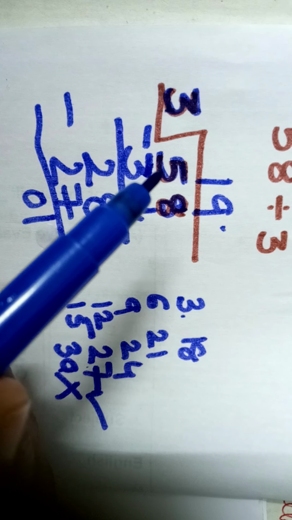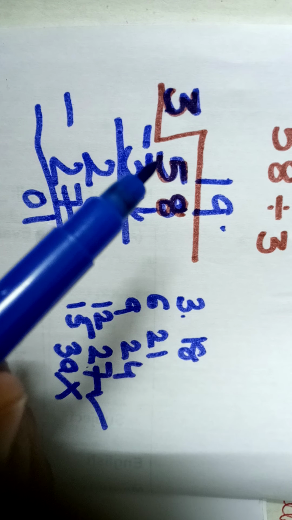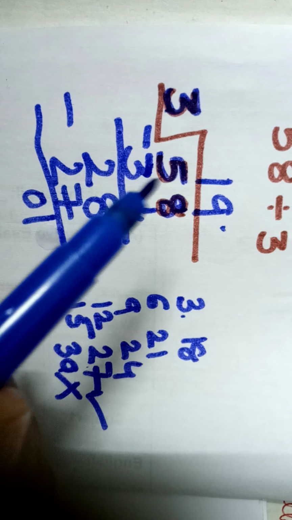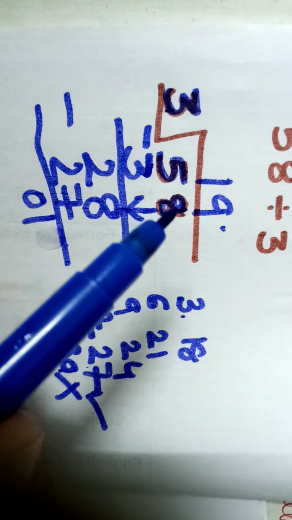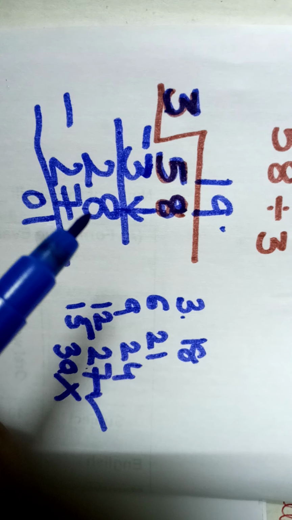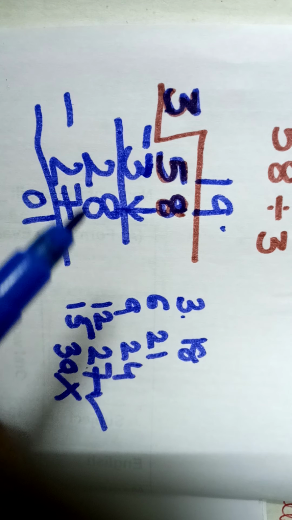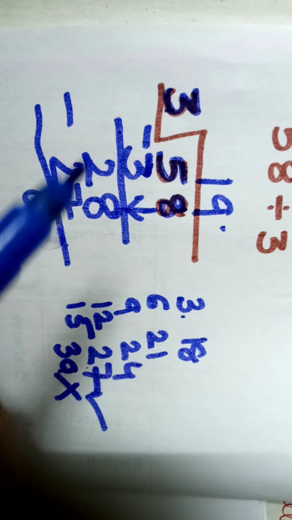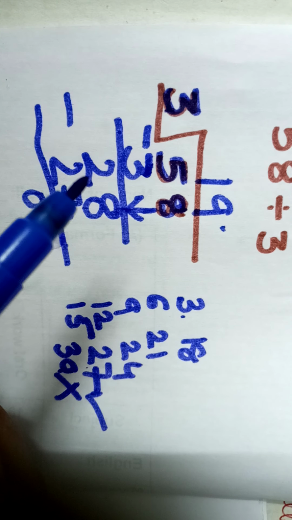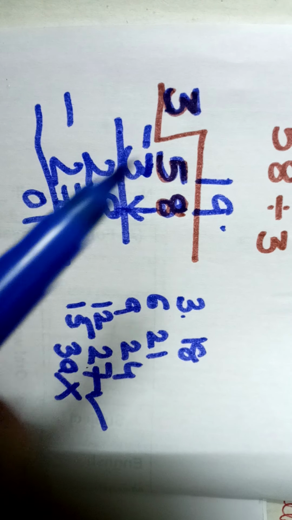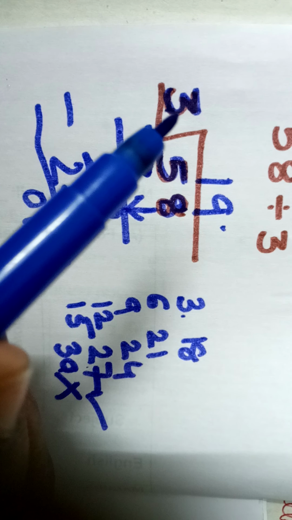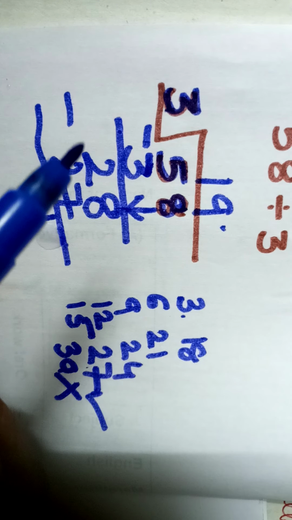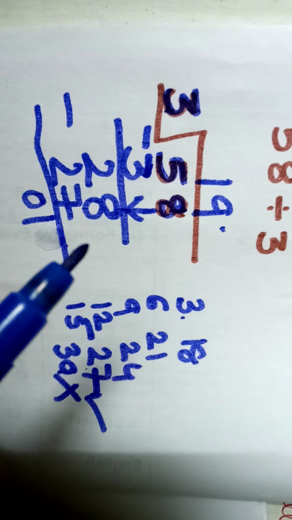So you have to divide the first 5. First you will divide 5. Then you divided 5, you got 2 as the answer. Then this 8 you brought down from the unit place. So you got 28. Then you have to divide 28 fully. Why? Because this 2 is smaller than this 3. So when this first digit is smaller than this 3, then you can divide the full number 28.